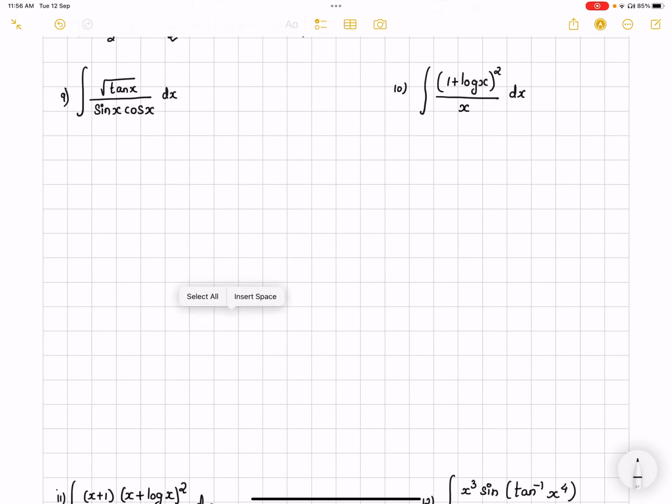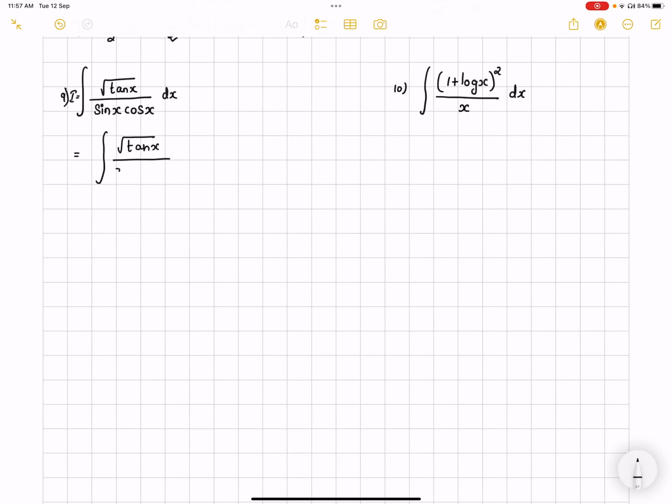So now I would be going ahead with a substitution. Before that, a small change I would be doing in my question. Let's consider I is equal to the integral of root tan x, let it be as it is, and then I have sin x. I won't disturb this as well. And then I have cos x. See, secant square is nothing but 1 by cos square. I have only cos, so what do I need to multiply and divide by? I need to multiply and divide by cos x,